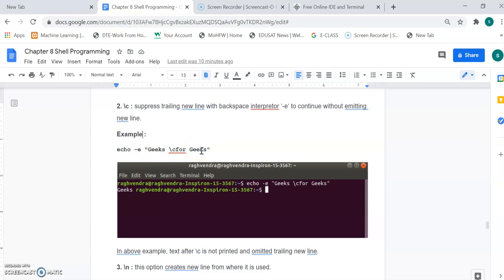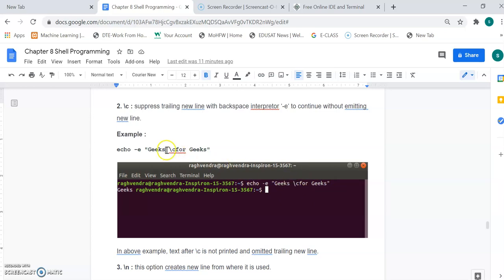Now what it will do is print the data before that \c, and after that \c will be omitted, and after the output directly the terminal prompt will be printed. For example, here Raghavendra @inspiration 3567 is a terminal, and you can see here echo -e "gigs \c for gigs" has been given. And what is the output?